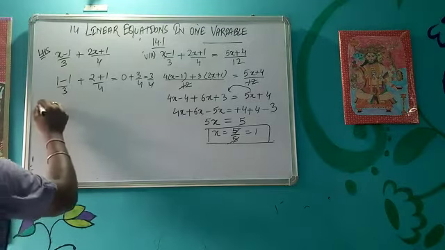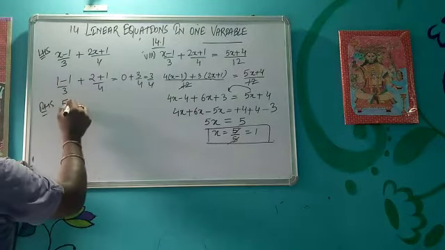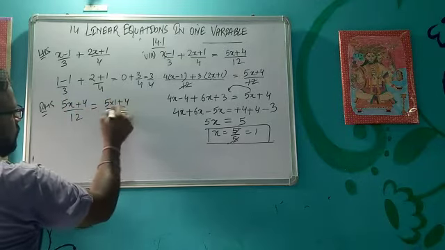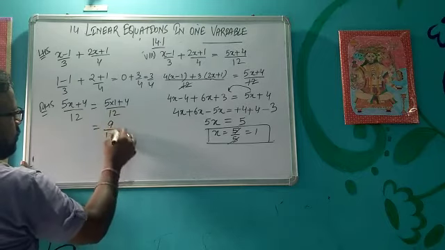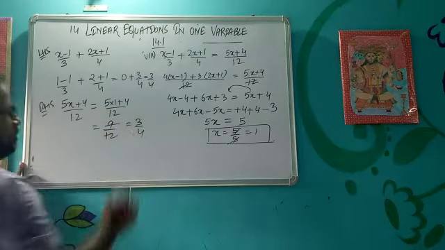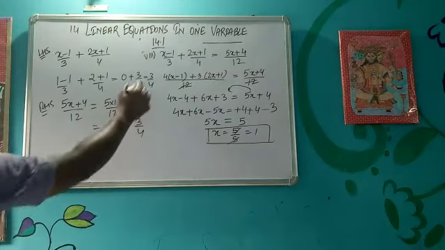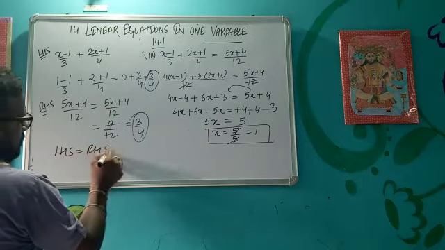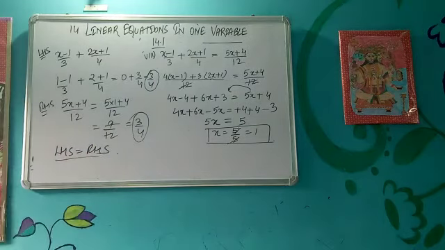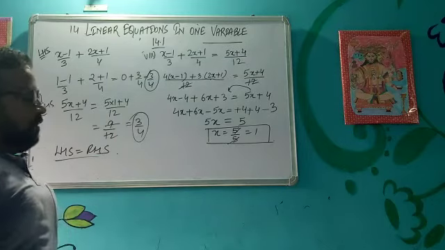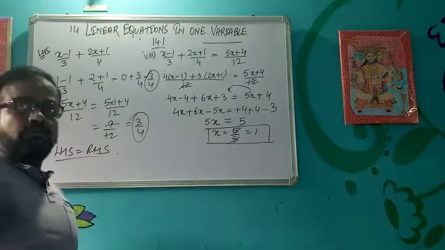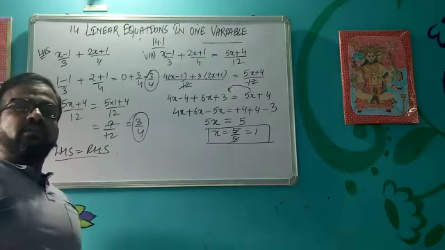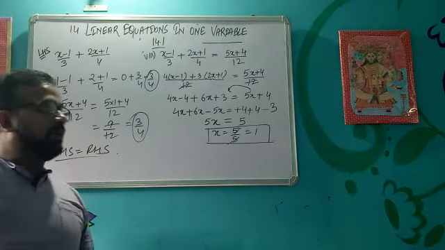Okay. Then what is RHS? 5x plus 4 upon 12. So x is 1, 5 plus 4 upon 12, that is 9 upon 12. When you simplify, you will get 3 by 4. So this is 3 by 4, this is 3 by 4. We can say that LHS equal to RHS. Okay, so this is how you can solve the questions by taking all the constants on one side and all the variables on the other side. Remaining questions we will discuss in the next video, and do your work while watching the video.